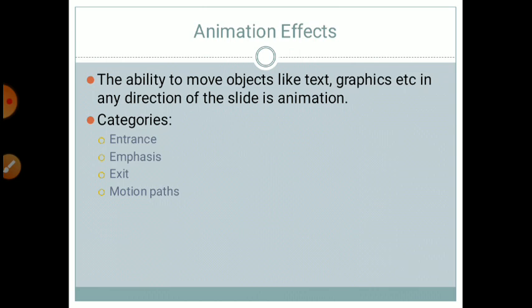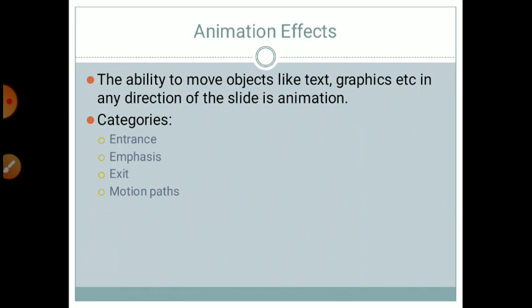It reveals points on the slides in a strategic manner, one point at a time, to keep the audience focused on only one point. And presentations can be automated so that they can run on their own. We can change its settings. According to their presence, the categories of animations are divided into different types.